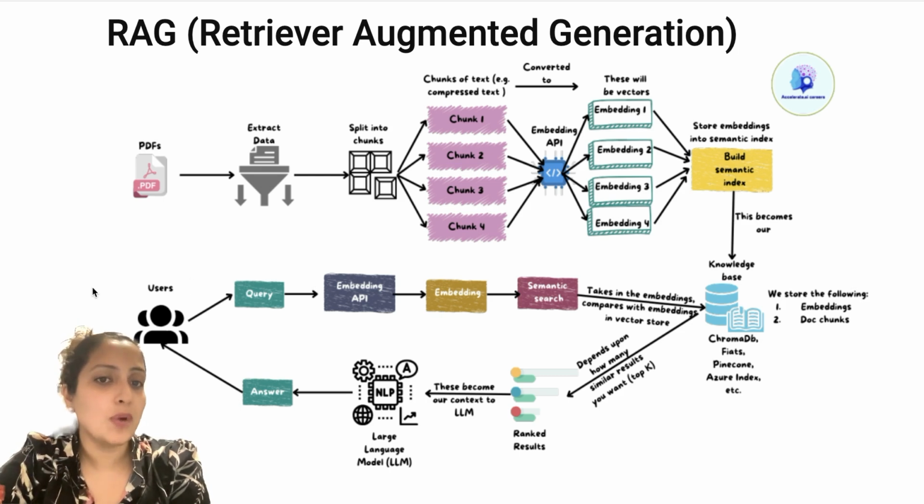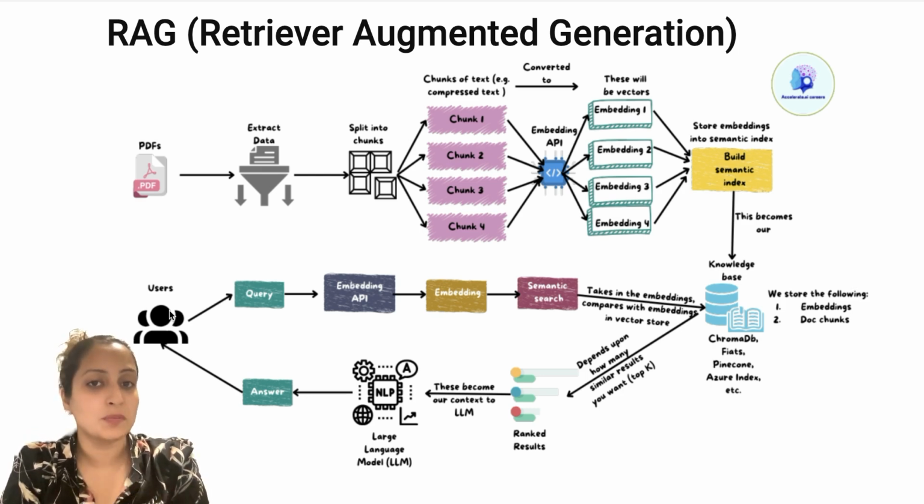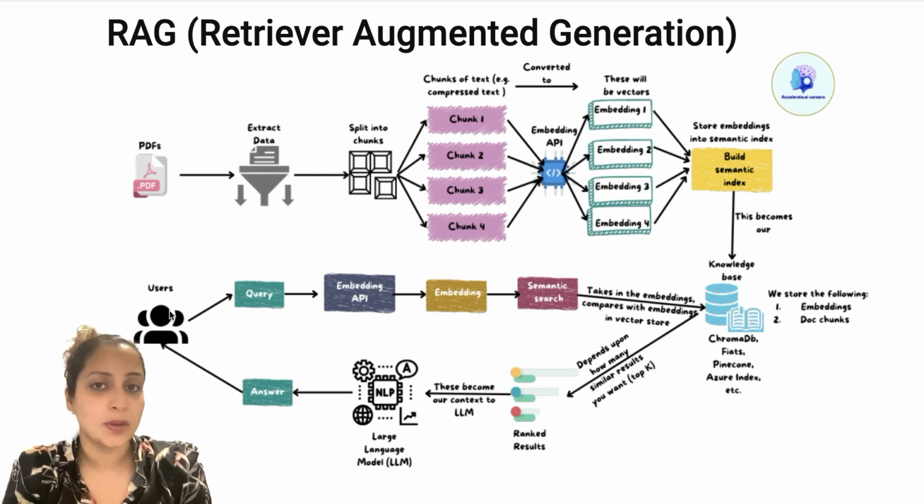Now you as a user, you as an employee of the company, want to search what are my benefits regarding my dental plan. Easy enough question, right? But you have to scroll through a 50-page document to find that. Or you have to go to HR to ask that. So instead of doing that, you want to search this application and get your answer quickly, right? So it's just one click away, you put in your query there. Now the embedding model which you have used here, the same embedding model is used here. So it basically embeds your query using the same embedding model, generates the embedding, and then you can do a search.